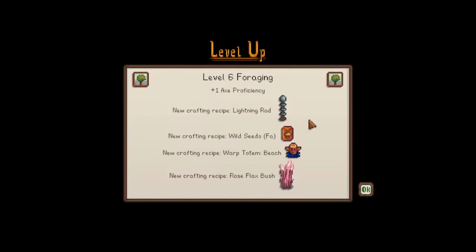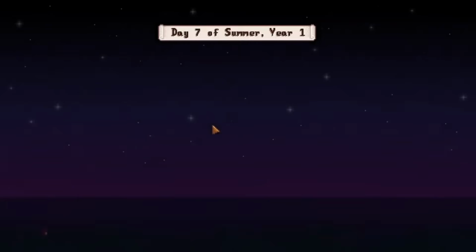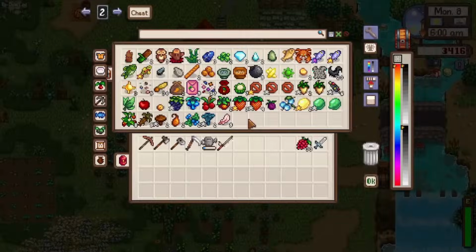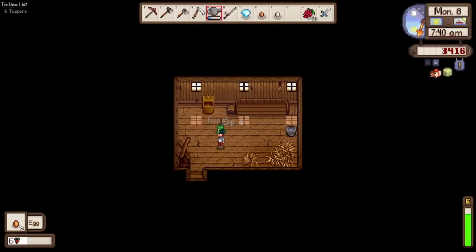Week 2 began, and as we slept, foraging leveled up, giving us the sorely needed lightning rod recipe, as well as a way to craft rose flax bushes to save on us finding it through forage. Mining also leveled up, and we decided to go with the miner profession. It was Gus's birthday on day 8, so we got a diamond ready for him,